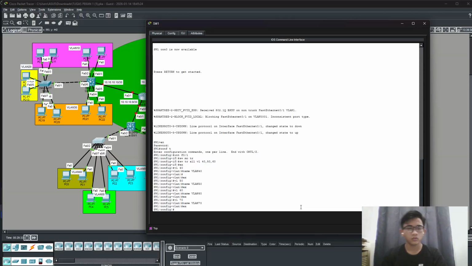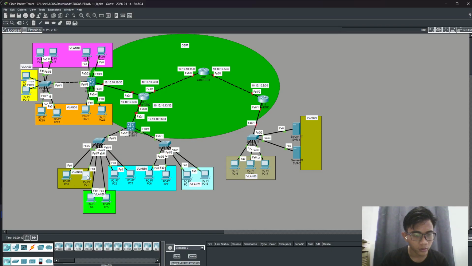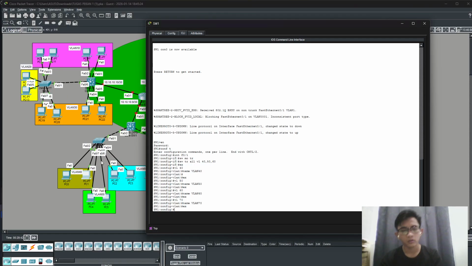Okay, now I will do VLAN 40, so from 2 and 3. Interface range F0/2 until 3.